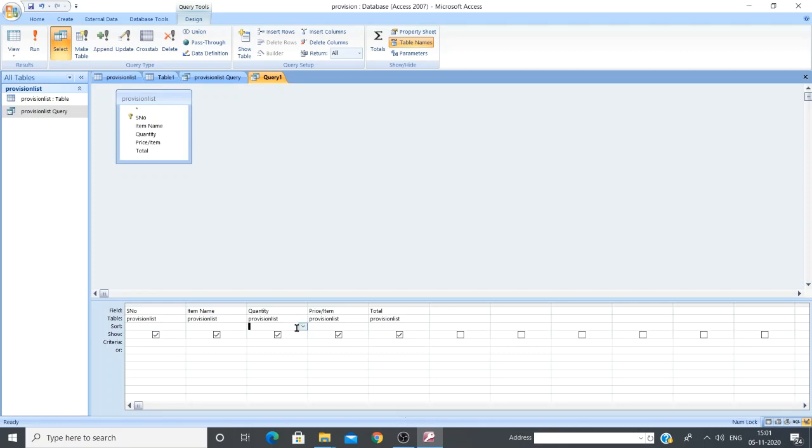Where is the sort button? So here it's the sort button. Ascending order, smallest to greatest. Okay. So in the quantity, I'm sorting. Okay. So you want to show or hide. All the boxes have a check mark. That means it will be displayed. Total, I do not want to display. Okay. So I have unchecked it here. And serial number also, I feel I don't want. Okay. So here only 3 fields will be available in your query.